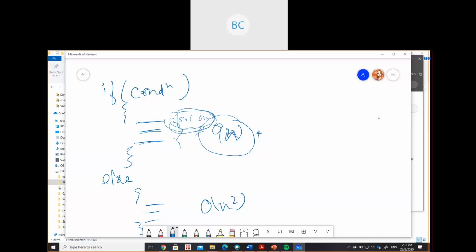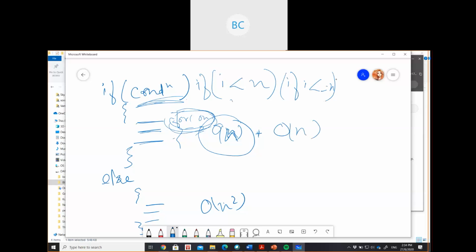Even then, the if will check the condition for n number of times, in case the condition is like i less than n, or i less than or equal to n. Anyway, it will check whether the condition is true or not. That means it depends on input size n, so its complexity will be O(n).